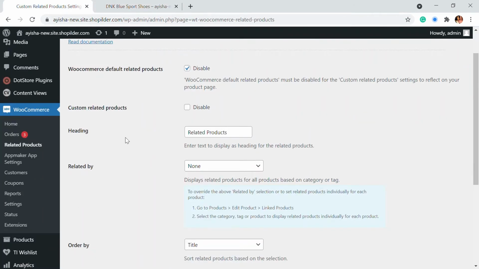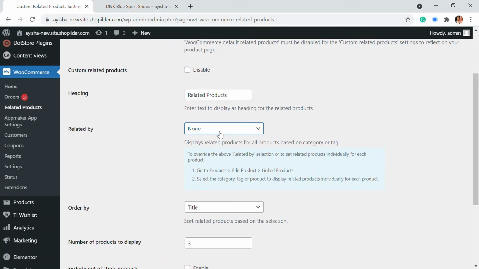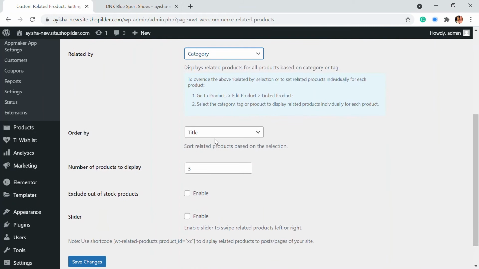Here you can also add related products by category or by tag or anything, and also choose the order in which the products should be displayed. Last modified would be a great option, and you choose how many products to add, like 5, 6 or 7, anything.